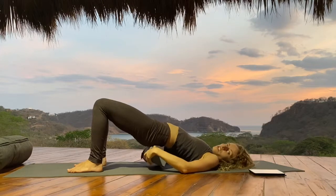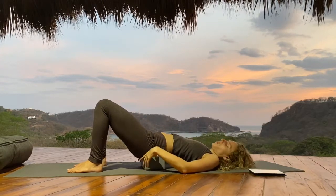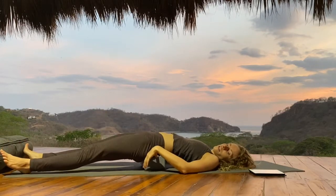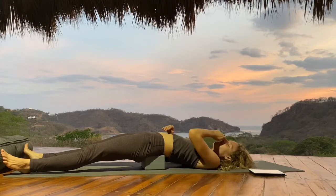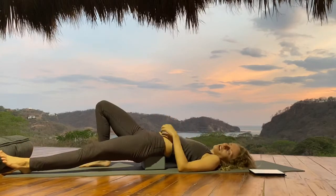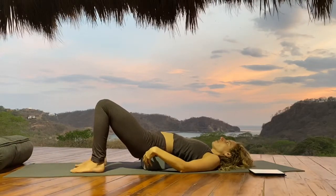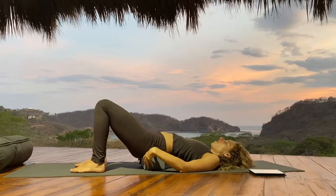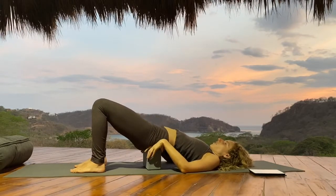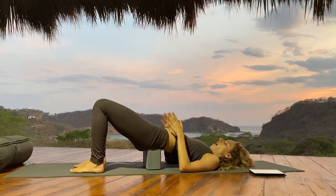And if you do just have cushions at home and you're not quite getting the height that you'd like to, there is an option just to straighten the legs, and you're still going to get a lot of the benefits from this pose, and it's also a way to intensify it as well. Otherwise, if you're with me and your feet are planted down, we pick our height from our hips, and then I like to bring the big toes slightly pointed together just to help the knees track forward and keep them